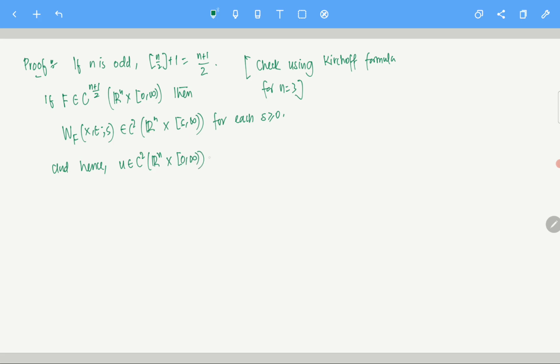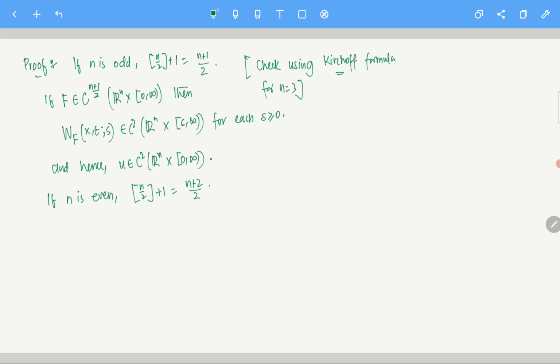Clear? If n is even, then n by 2 plus 1 is n plus 2 by 2. Clear? Okay, and again the same thing for the Kirchhoff, here it will be a Kirchhoff formula for